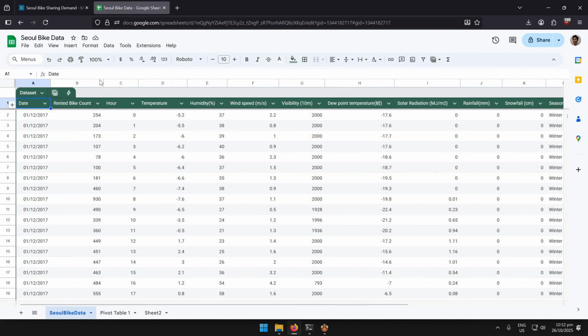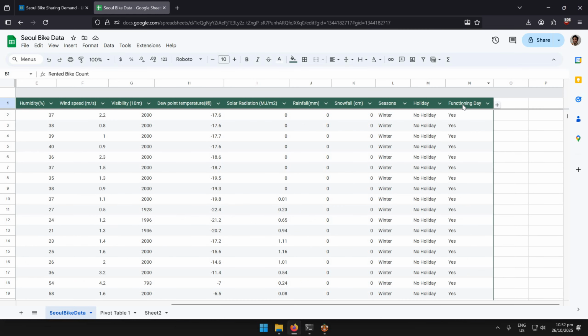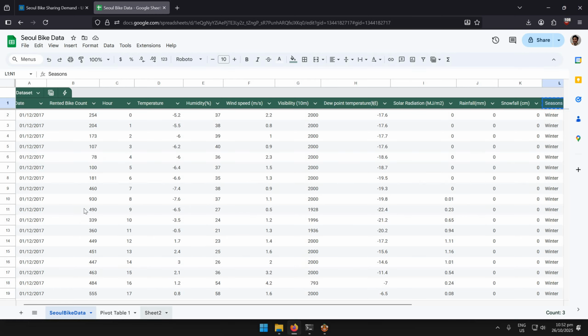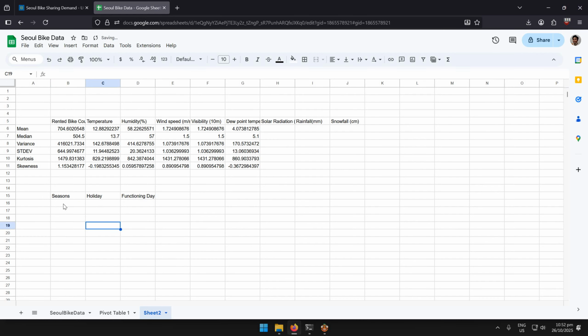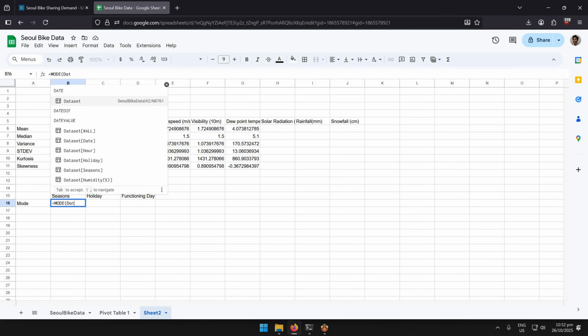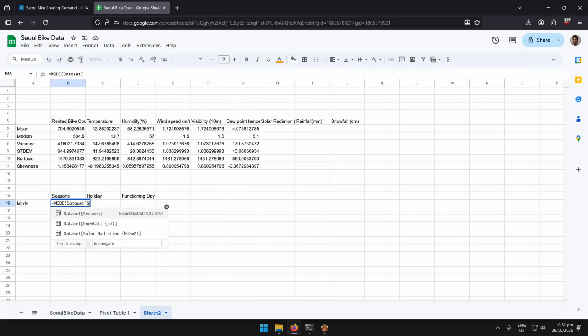function. So for example, let's see, what are the qualitative features here? So functioning day, holiday, seasons, these are all of the qualitative features. So I copy that here, paste values only so that it doesn't have any formatting. So for the mode, I just use the function mode, and for the feature dataset, seasons,